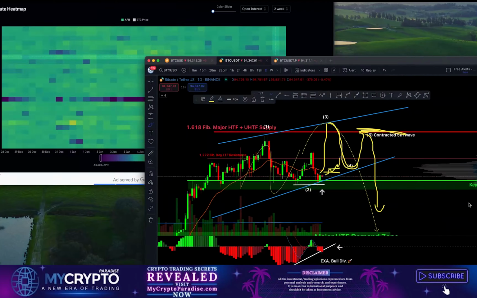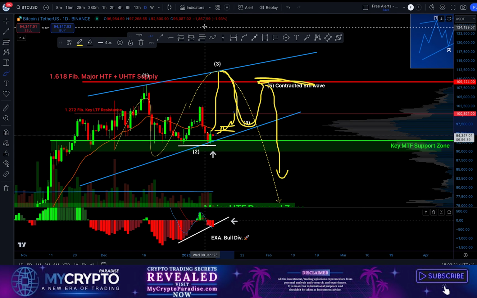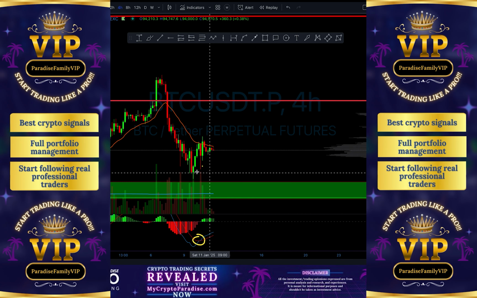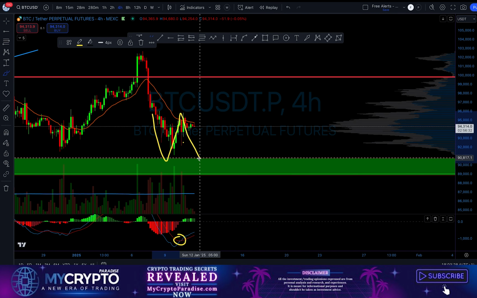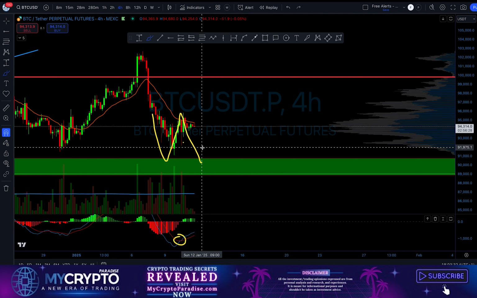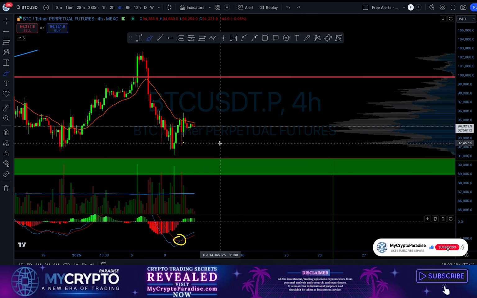Ladies and gentlemen, I will keep you updated. This was just a short update. Make sure you play it safe. As I said, with ParadiseTeam VIPs, we've already moved our stop loss to break even just to be safe from this possible C wave a little bit lower. However, the probabilities right now are on the side of the bulls, so play it safe strategically, and